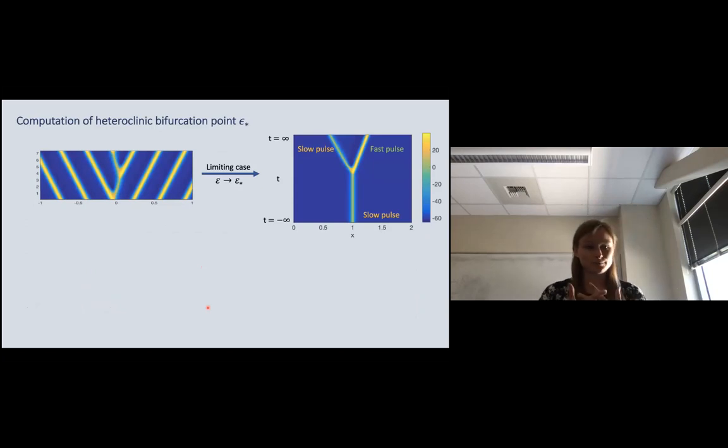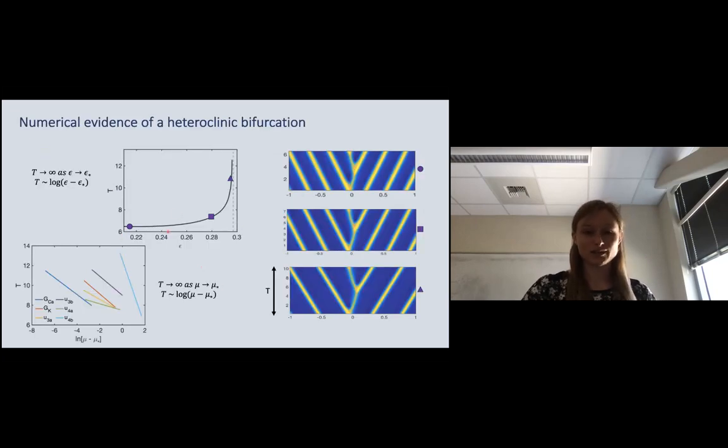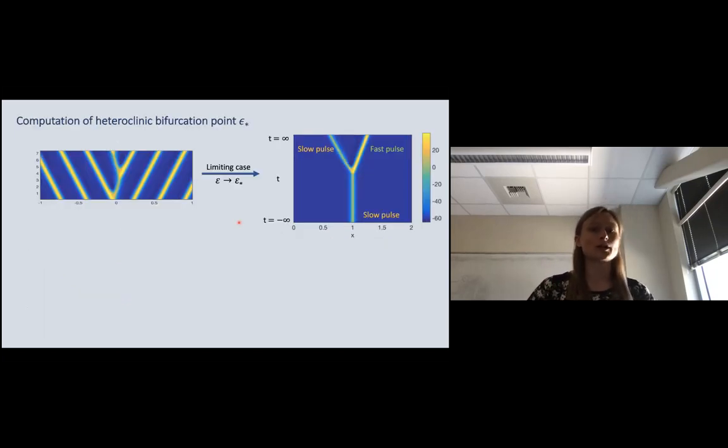All right, so we're more confident now that there actually is this heteroclinic bifurcation going on. And what we want to be able to do is directly compute that point epsilon star, because we could just continue very close to it, but never actually find it. But that would be really computationally expensive because we'd have to do this continuation until we're certain of where that epsilon star is. So what we really want to do is be able to solve for directly that heteroclinic bifurcation